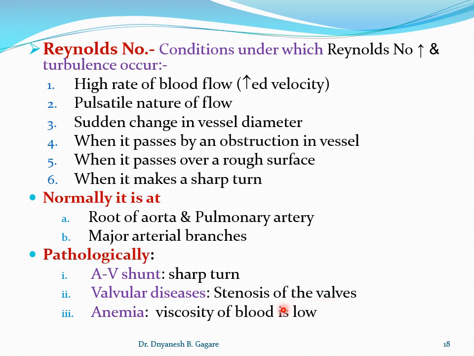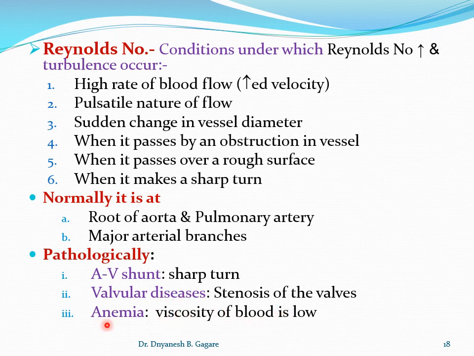What is meant by stenosis? Stenosis means a resistance to the blood flow through the wall. If the diameter of the walls, or the hole of the walls, becomes narrow, then it creates resistance to the blood flow. That is called stenosis. Then it also creates a sound, and that is called turbulent blood flow.